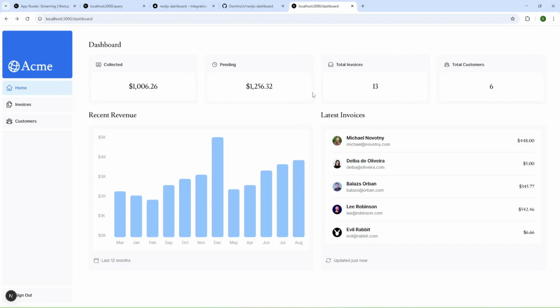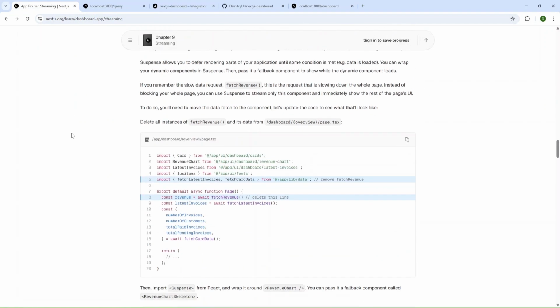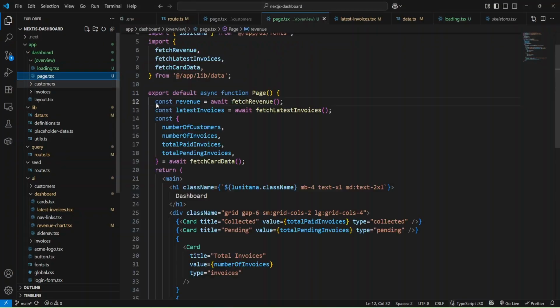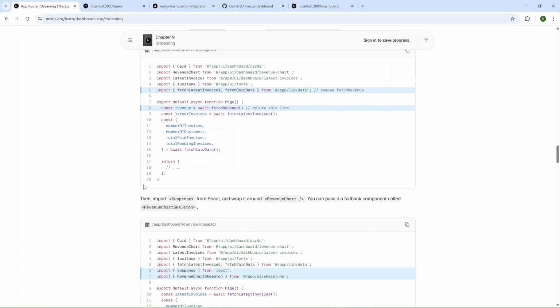I'm going to refresh, and as you can see, we have this skeleton, and now we can go to streaming our component, and they propose to remove revenue. Okay, inside page, we can remove this, and also here. And let's check next.